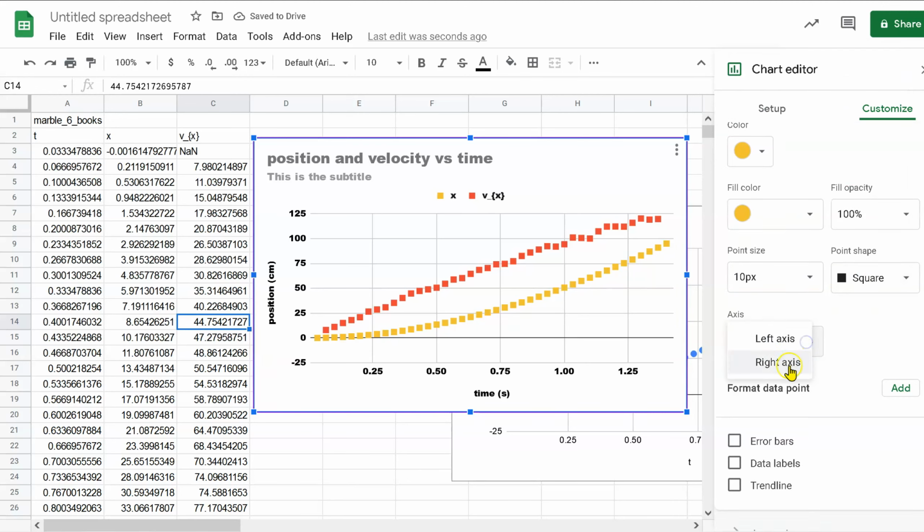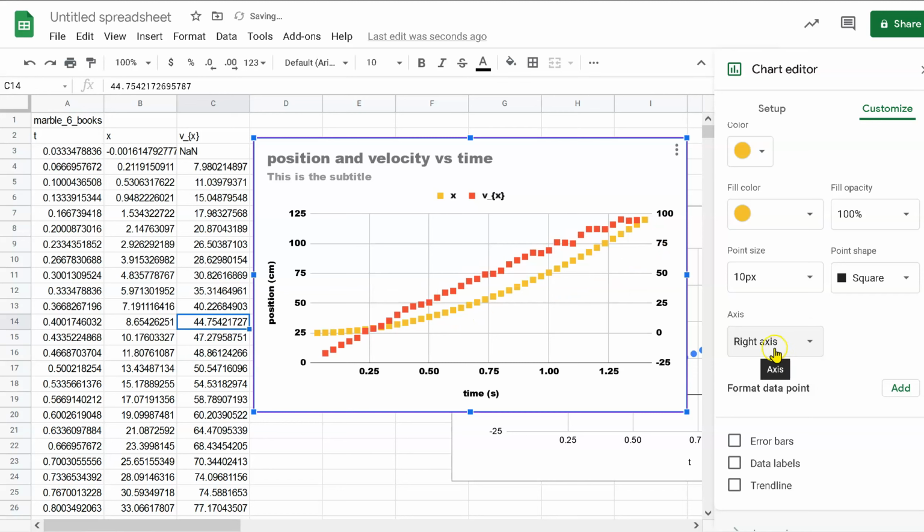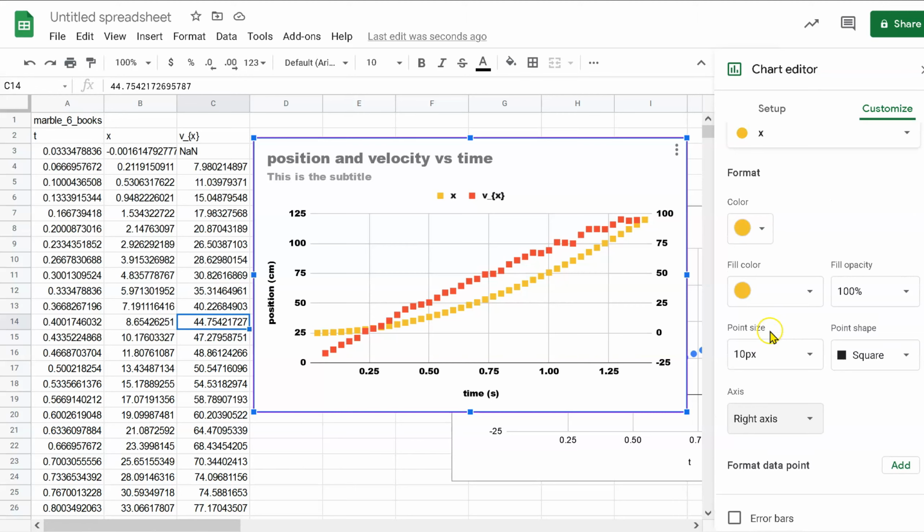If I go back to X, you can change the colors. Point shape, axis, right axis. Now, actually, this is a little better. When you have 2 axes, sometimes you can plot different sets of data on the same graph if the axes are different. So like,